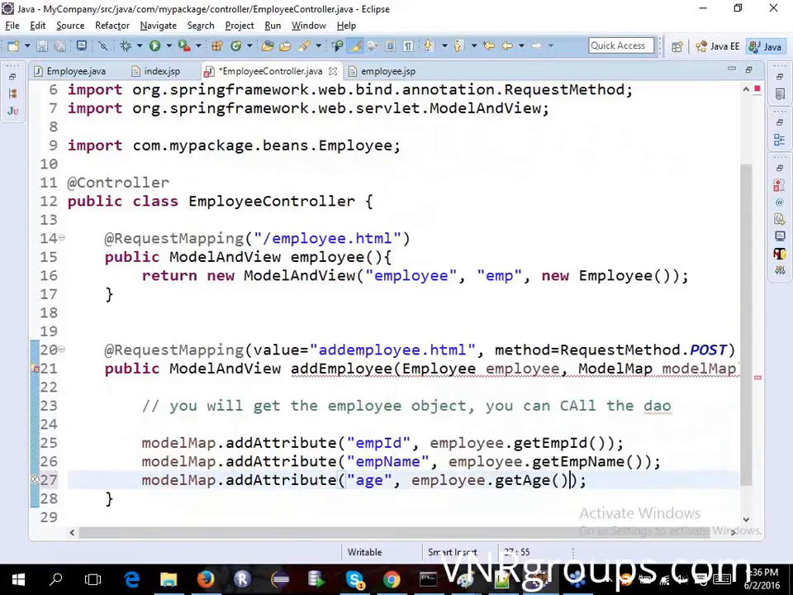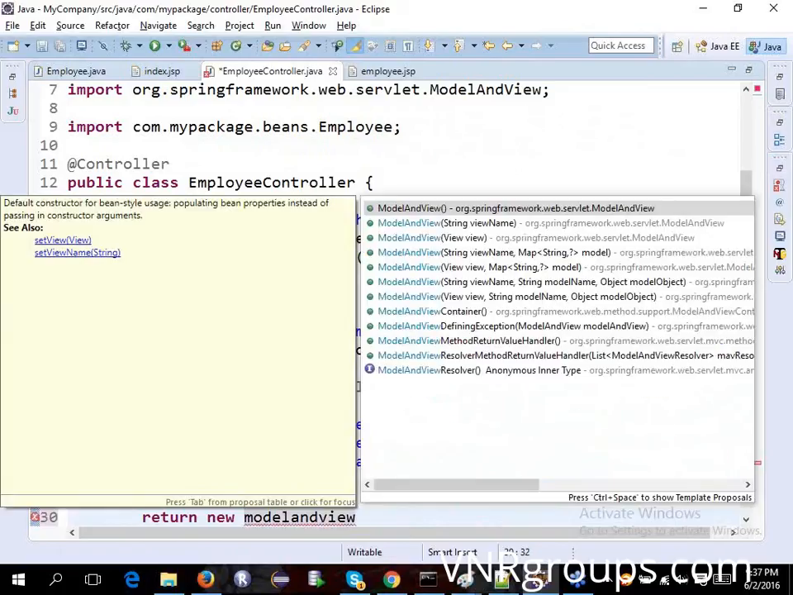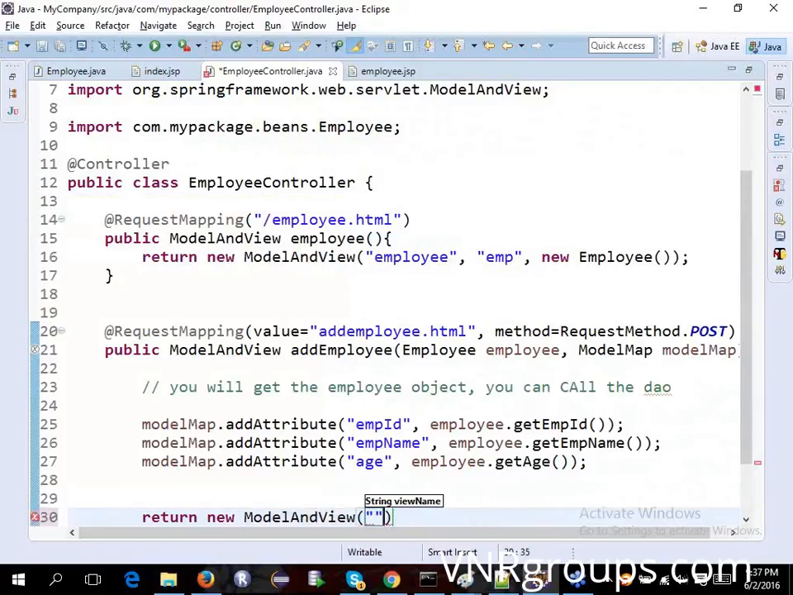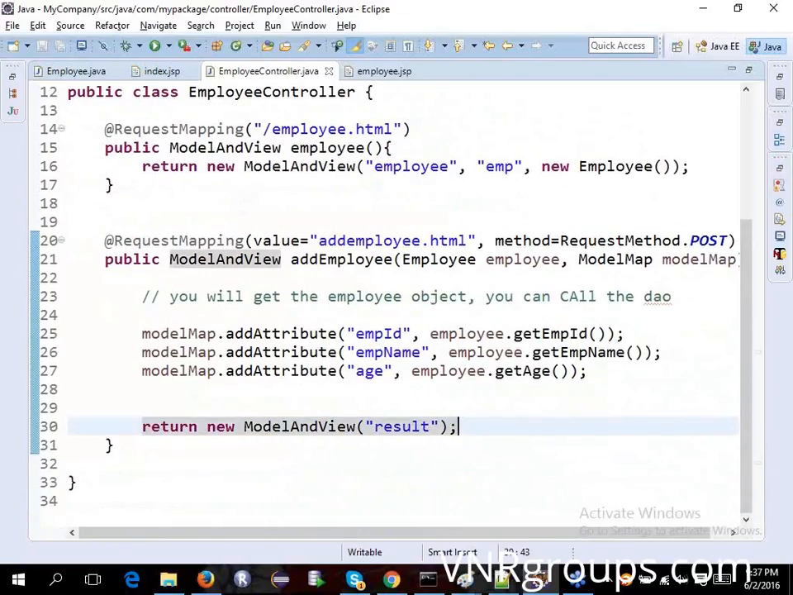Perfect. So finally, return new model and view of string. We can give that string, let's say it as result. So some name we can specify,